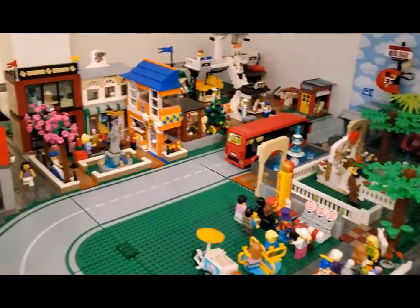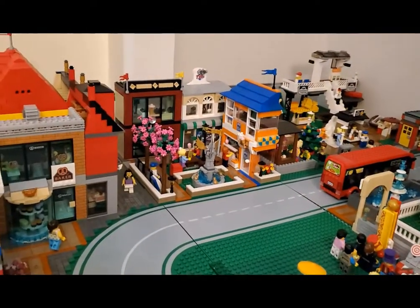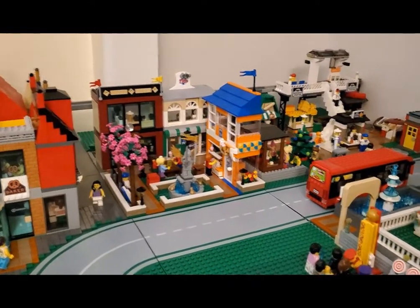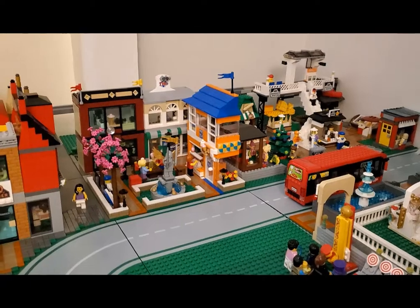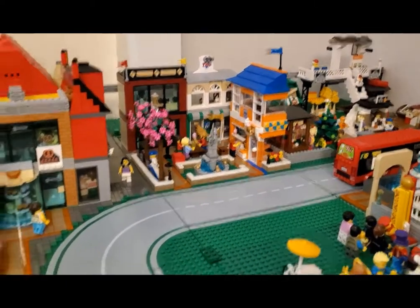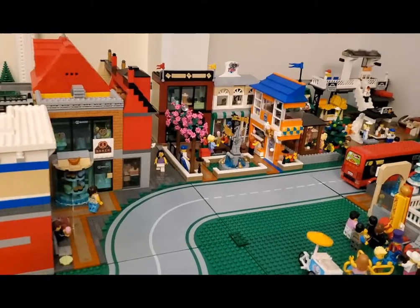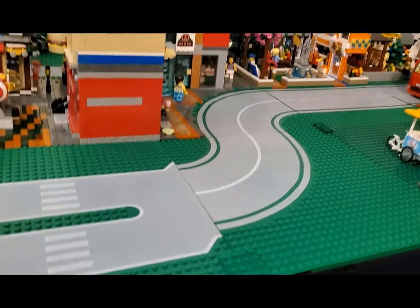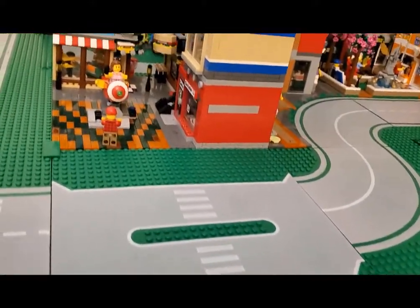And then we moved over to the Village Plaza. And this is where I put in a bunch of the little shops I built. Ice cream shop, the TV, camera, jewelry store, pharmacy, and the bakery. So that was the last significant update. And then, as we move on forward here, around the curve, the first thing you'll see